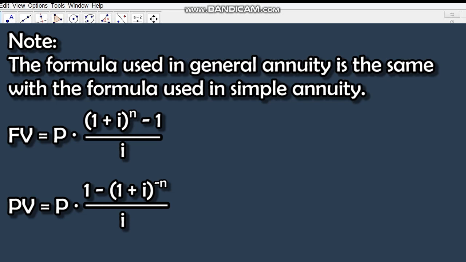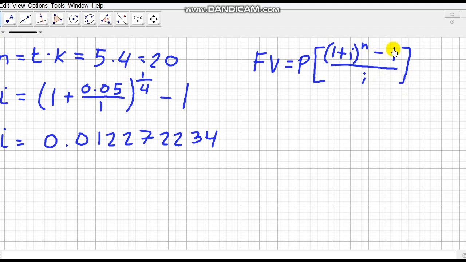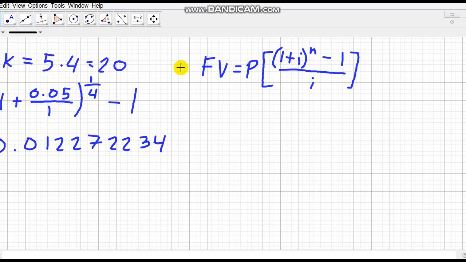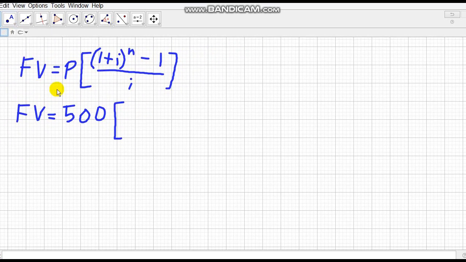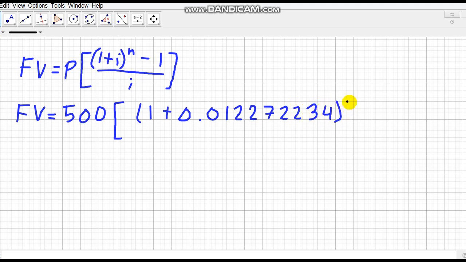So let us use our formula. Future value is equal to P times 1 plus I raised to n, minus 1, all over I. Let's observe that we're still using the same future value formula. The only difference here is that the interest rate is converted accordingly to our situation. Therefore, our equation will be future value is equal to 500 times 1 plus 0.012272234 raised to 20, that's our n, minus 1, all over